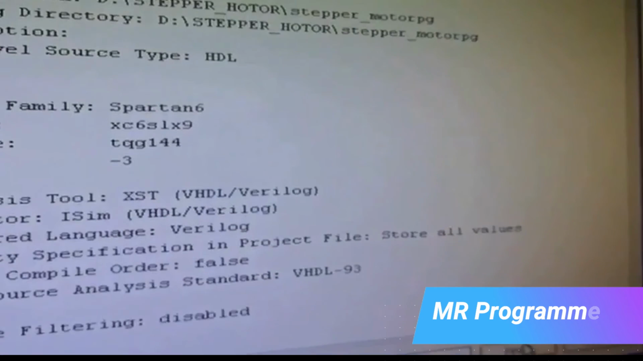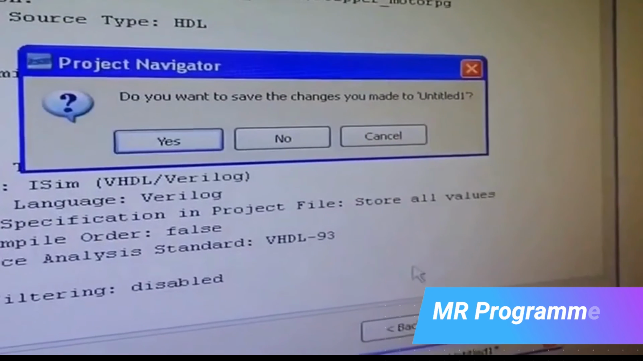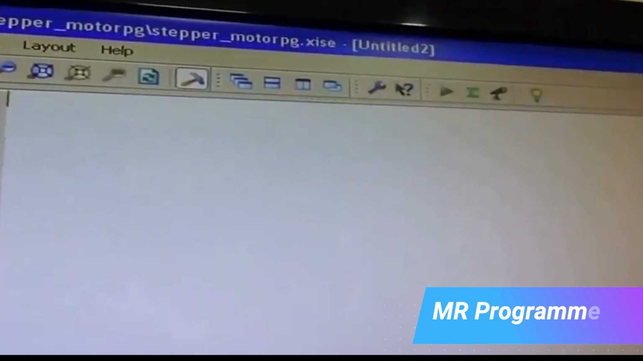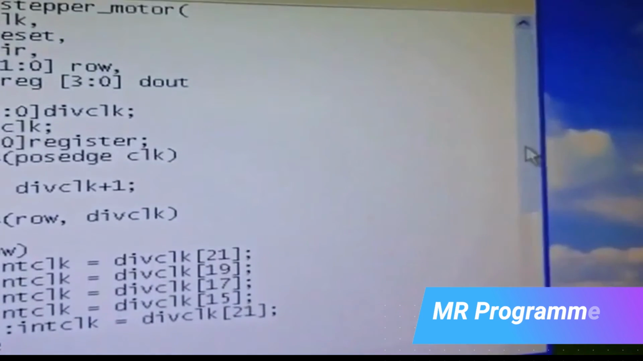So once this is done, just verify your configurations here, the settings. Okay, as I told you, it should be 6SLX9, the family Spartan 6, then click on finish, say yes. Then this is the kind of screen that you would see. Click on new,